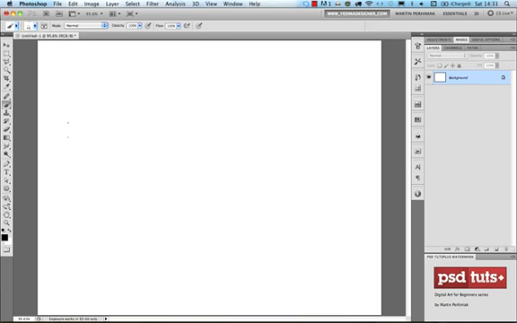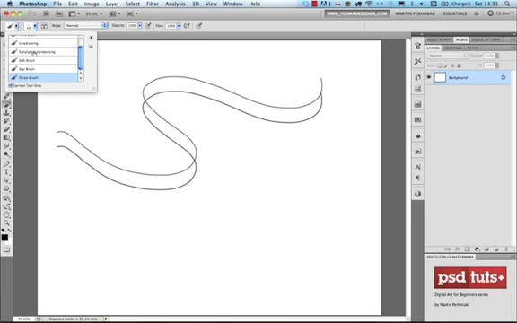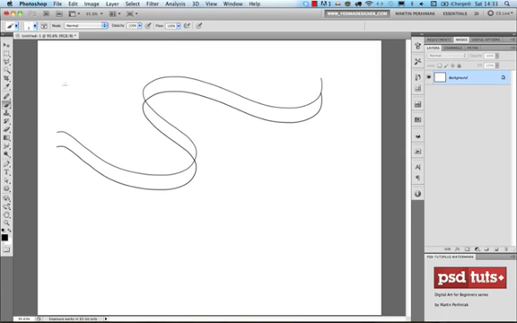Now if I start drawing, I can draw something like this, and then I switch to another brush. I call it line drawing. It's just a simple 3-point size brush, and I would like to draw the edges of this stripe. It's good to know that if you want to draw a straight line, just hold down Shift on the keyboard, and with that you can draw completely straight lines like these. Okay, so I hold down Shift and I draw a line there,